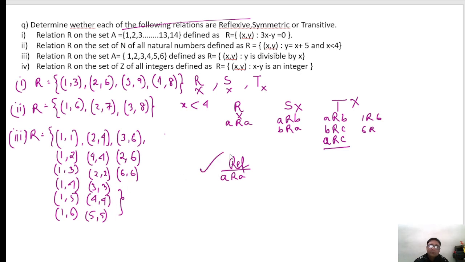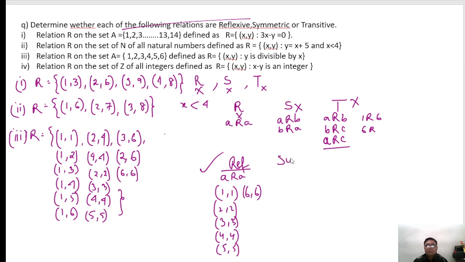So it is reflexive. Correct? Now let's check about the